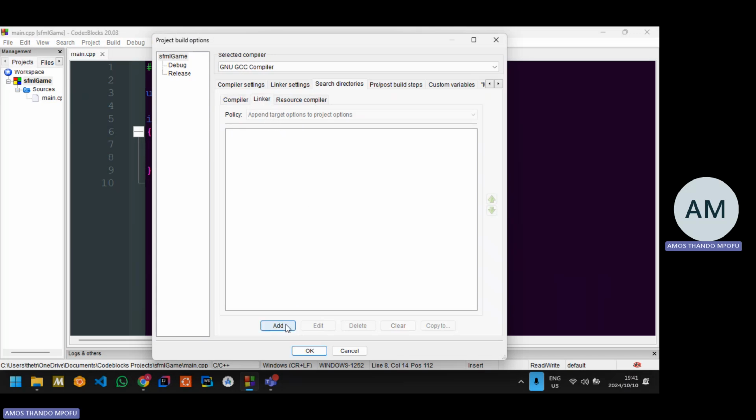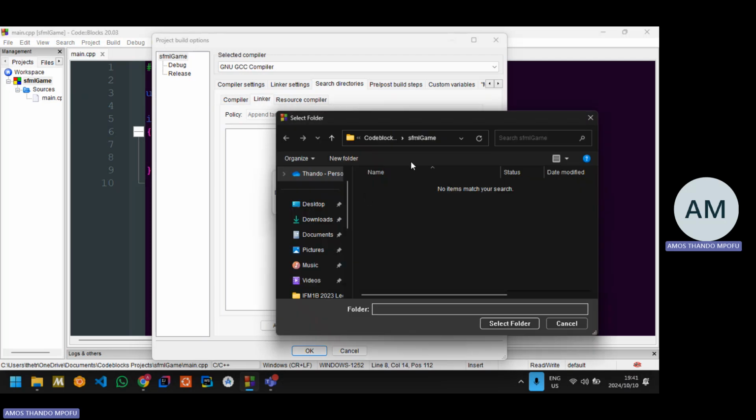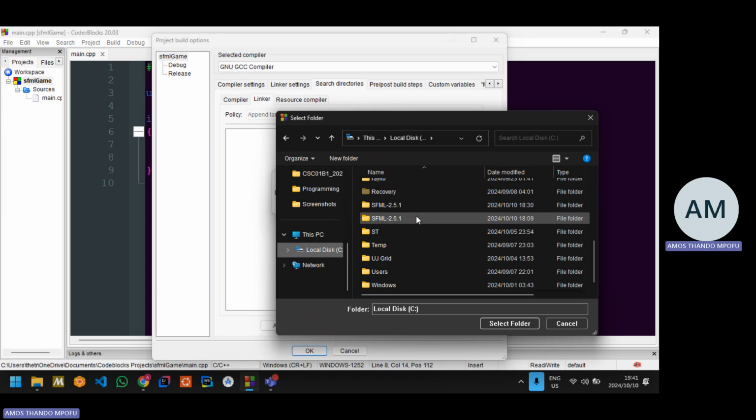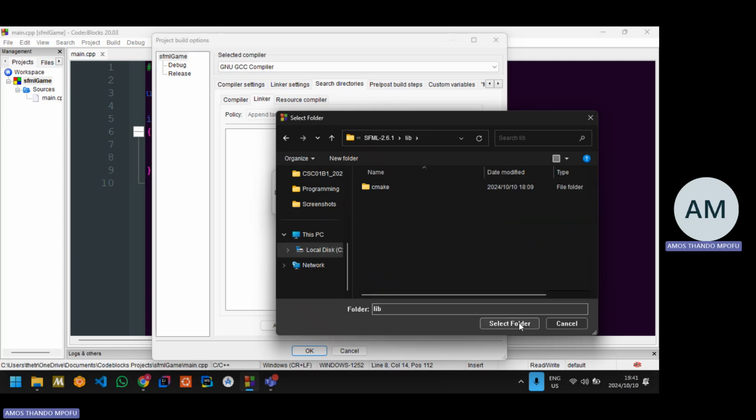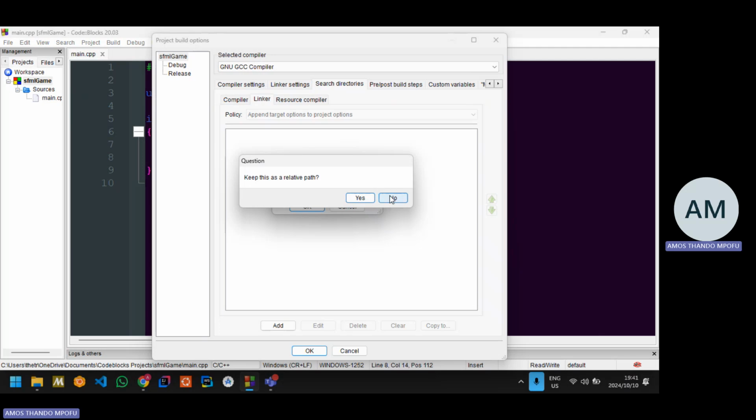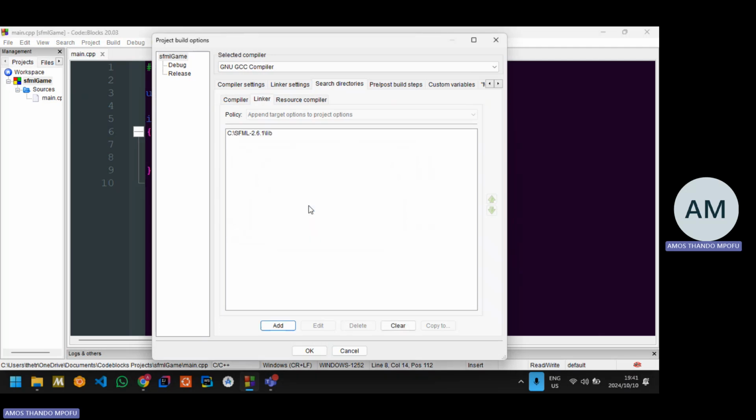Under linker, pretty much do the same thing, but we need our library, the library folder. So I'm going to click the folder icon, go to my C drive, scroll down, SFML, and then lib. And then select folder, and then select no again because we do not want relative paths. And then okay. And then now I go to debug folder,